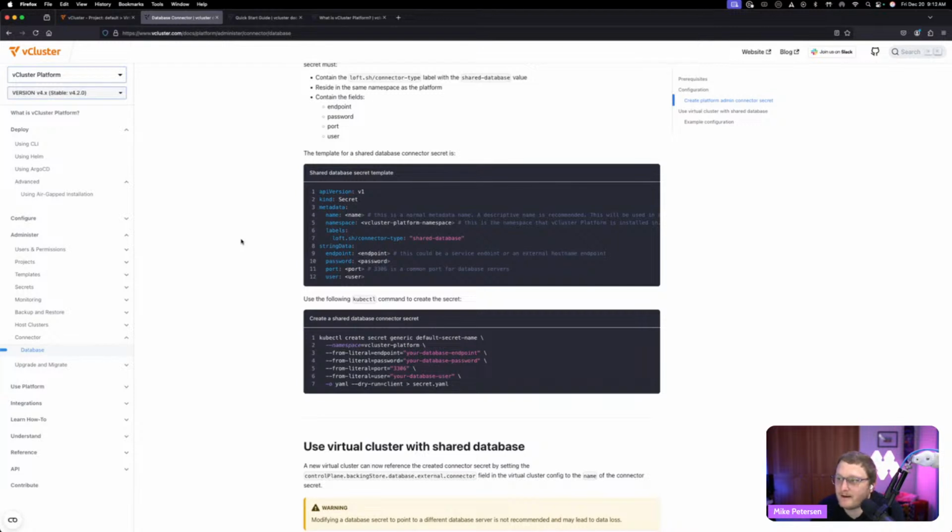This is how it works. You create a secret in the vCluster platform namespace. And then you put the information listed here, right? So we're going to tell it a name for this, which we need to save because we're going to reference that in the template for the vCluster template that we'll create that's connected to it. We need the namespace, which for us is going to be vCluster platform. We need this label here, so we'll just leave this default,